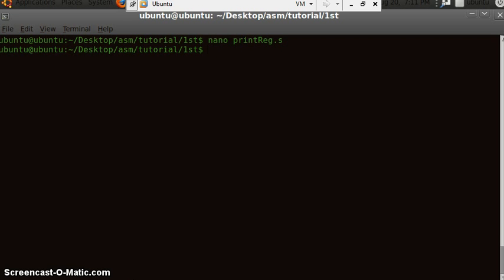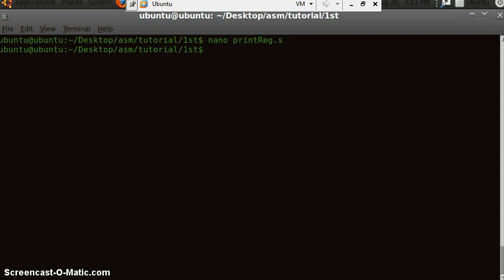This tutorial is about printing the contents of a register to your screen as output of a program. It is not a program for professional programmers. It is just to get you ahead when you have just started learning assembly programming, so that you don't get stuck somewhere, as I got stuck for 2 to 3 days trying to find out how to print the contents of a register to the screen. So let's get started now.